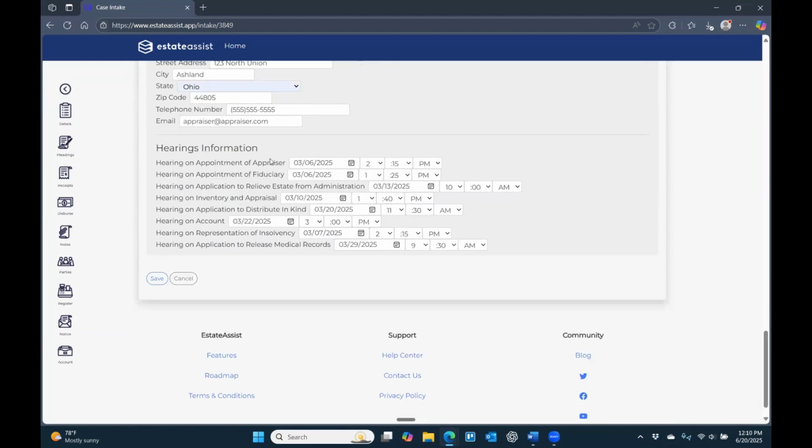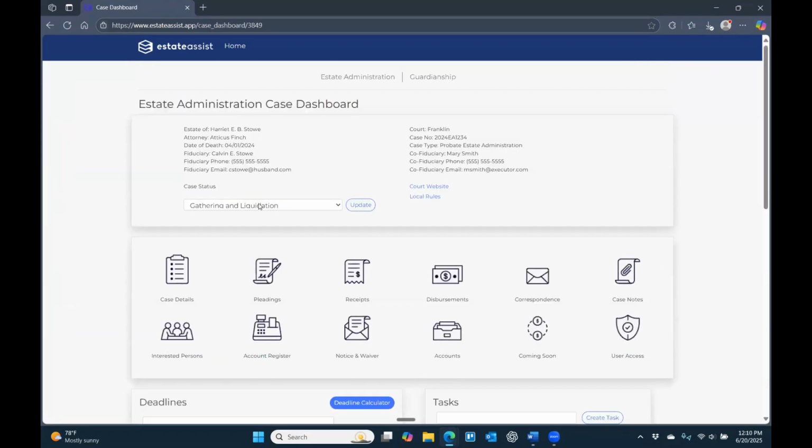And then we have a place down here to enter common hearings, the dates, and the times. And those are going to fill in, as we'll see later on, some other documents. Let's go back out to our case dashboard. Once we've entered all of our